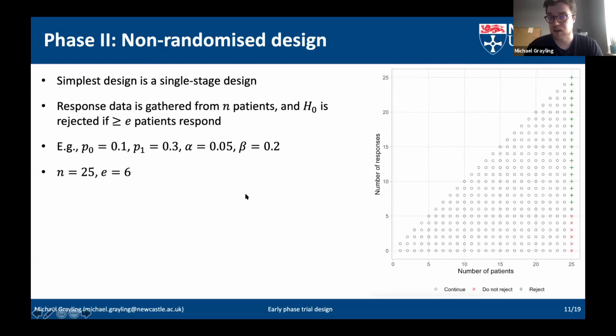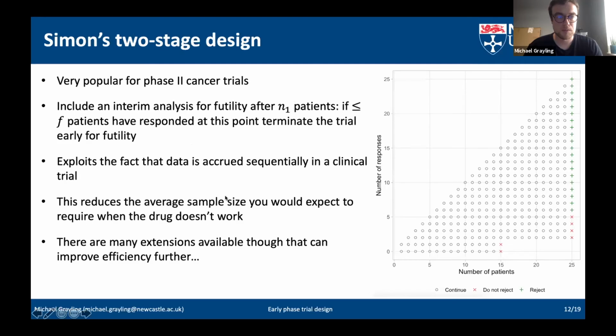So this is a very, very simple design. So you can ask the question, how can we actually improve on this and make it more efficient? And the way that people have historically done this is to use what's known as Simon's two-stage design. So this includes an interim analysis for futility after some N1 patients, I've called it here. So we'd stop for futility if less than or equal to F of these had actually responded to treatment at